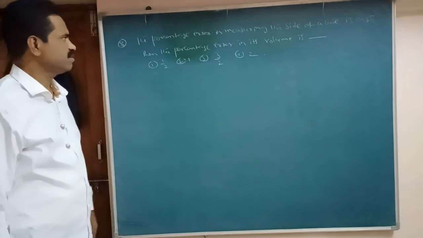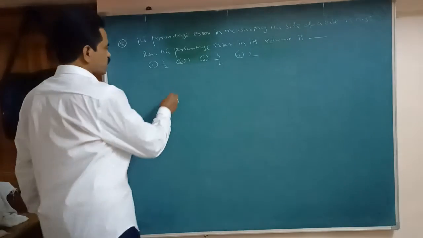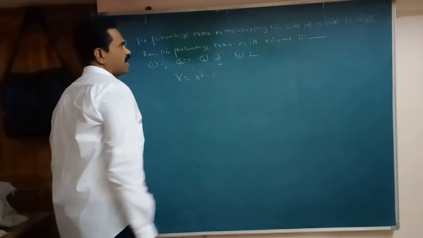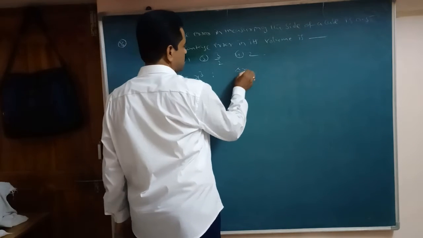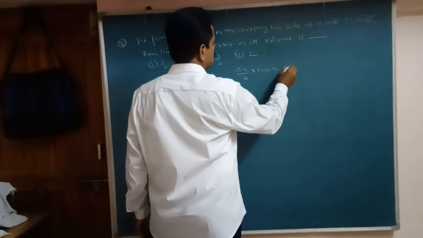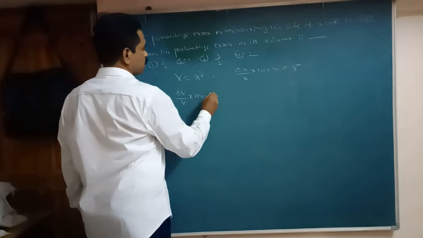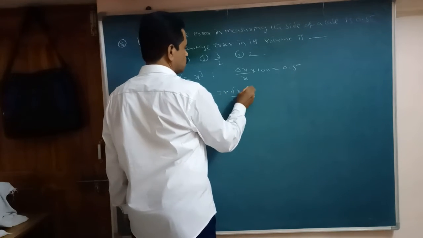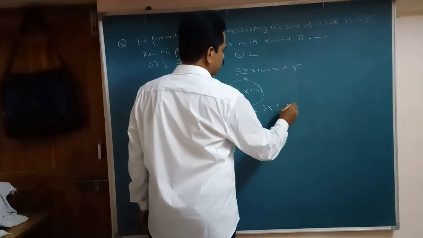So first decide a function here. Percentage error in measuring the side of a cube is given. Volume of a cube, you know that it is x cube. And what is given here? It's the percentage error in measuring the side. Let x be the side, then delta x by x into 100 is how much here? 0.5. Then the percentage error in its volume. You know clearly the degree. That is delta V by V into 100 equal to 3 into delta x by x into 100. So substitute here 3 into 0.5. That is 3 into 0.5, how much here? 3 by 2. Third option.